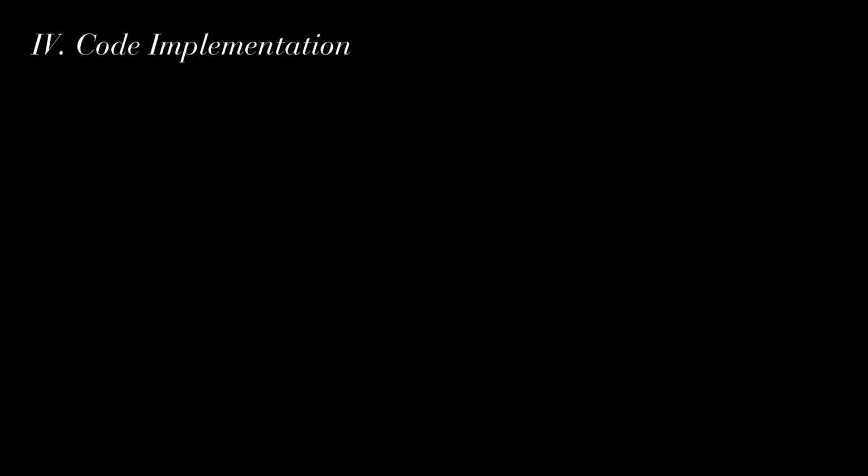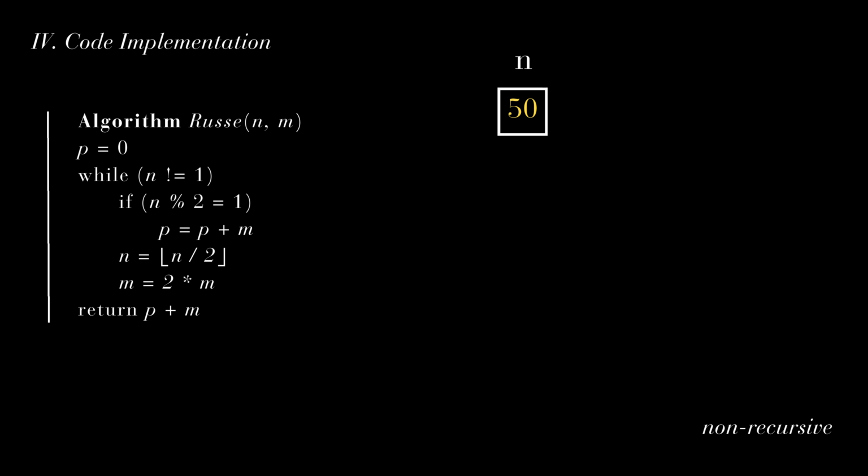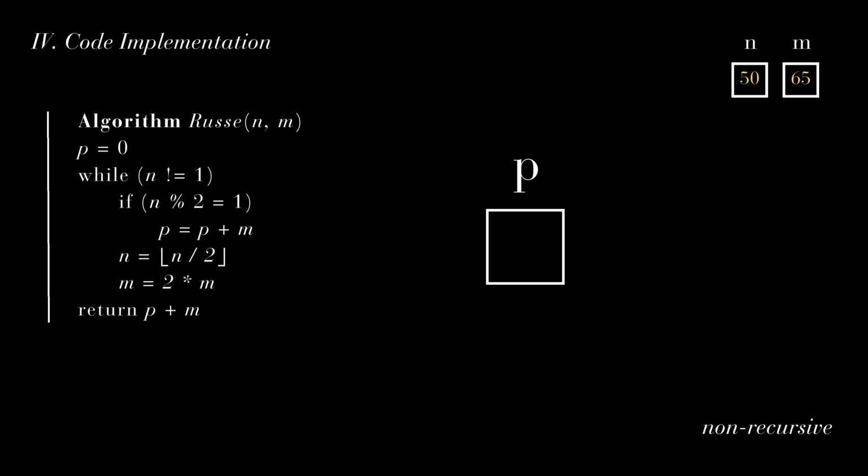Coming to the code implementation. Now again, I want you to imagine two friends devising a plan. Instead of straightforward multiplication, they decide to simplify the process by using doubling and halving, breaking down the problem size into smaller steps. So in the first step, I will need you to